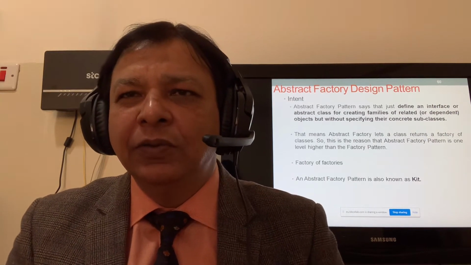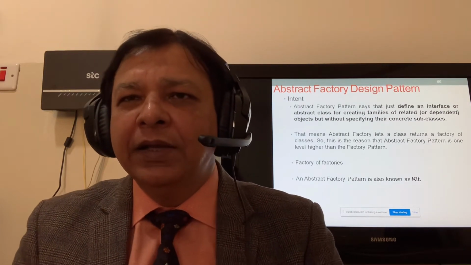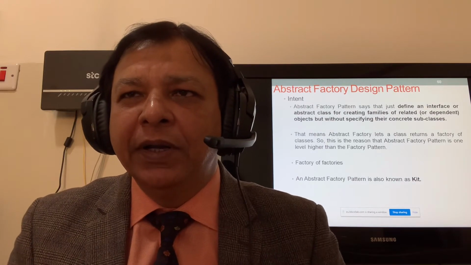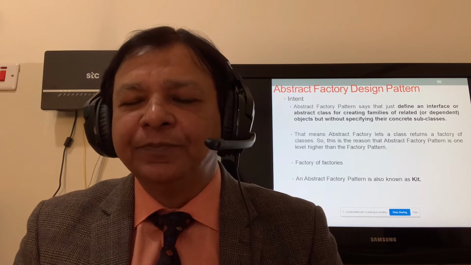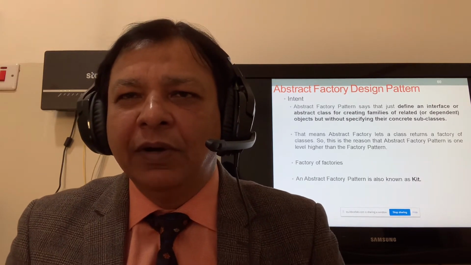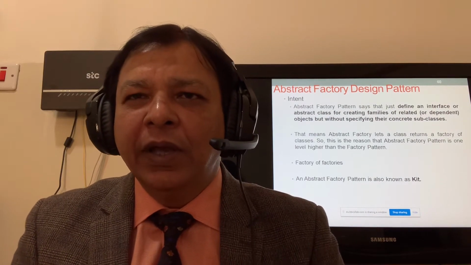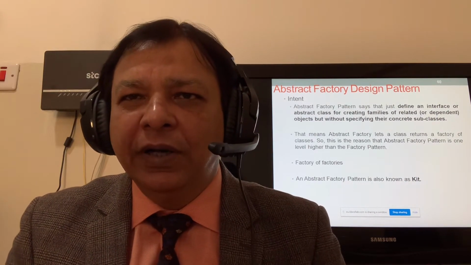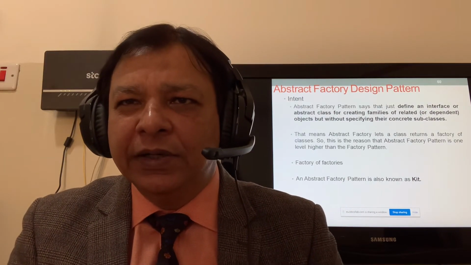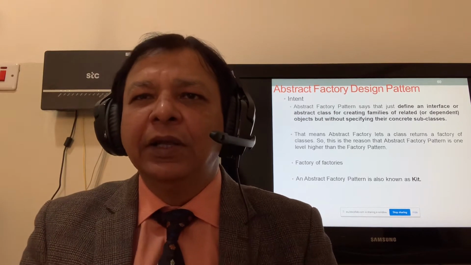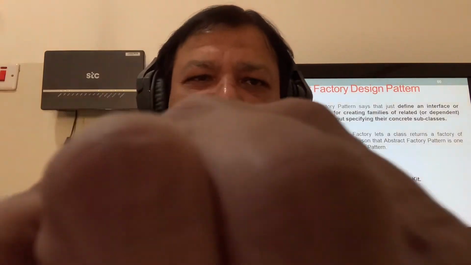So it is also known as a factory of factories, and it is also known as a kit, like the JDK, Java Development Kit. It's a small kit, but it's a collection of factories. We have Java, we can have applets, frames, swing, servlets, JSP. So there are so many factories under this kit, and we call it the Java Development Kit, JDK. So that's about the abstract factory intention.